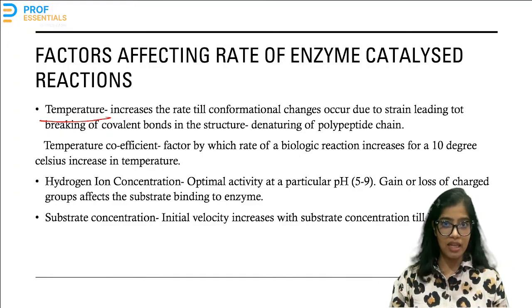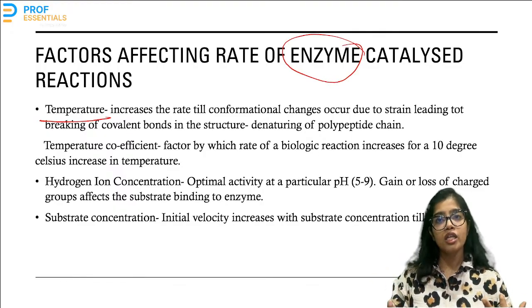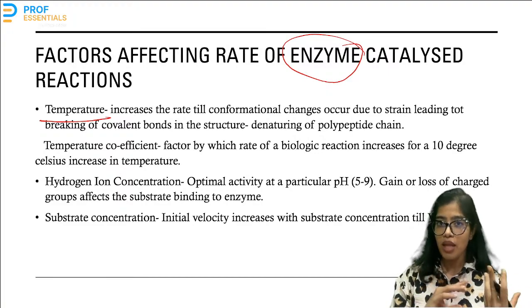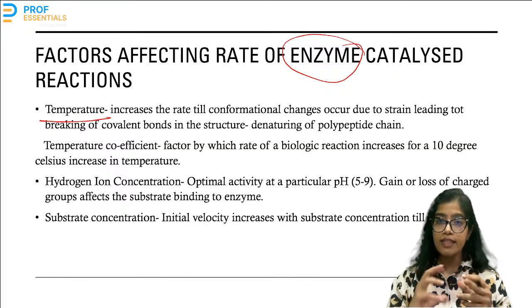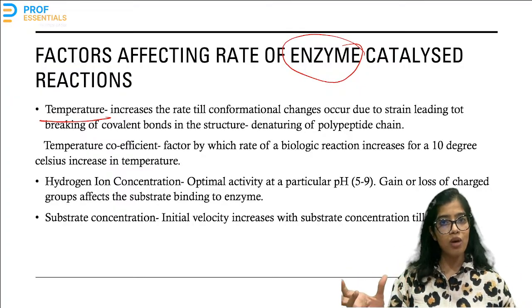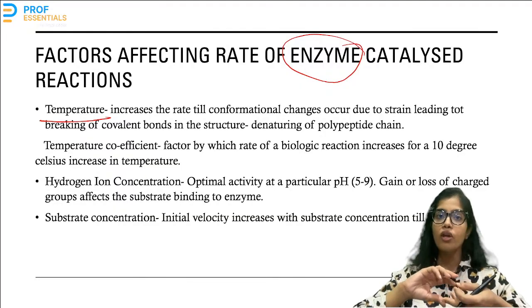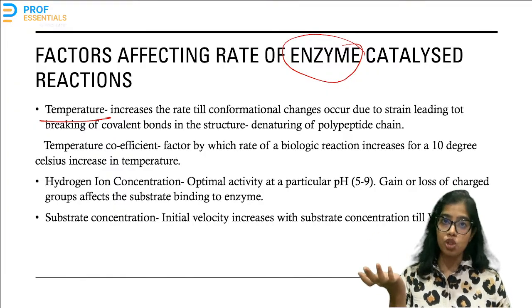Because in the end, the enzyme is a protein. Proteins are formed of secondary and tertiary conformations of a polypeptide chain. Now, proteins are subject to denaturation, that is breaking or untwisting or degrading of the polypeptide chain. The polypeptide chain reduces back to the amino acids. The polypeptide chain is going to untwist. The alpha helix is going to break down. The beta pleated sheets are going to break down back to the primary structure because of increase in temperature.